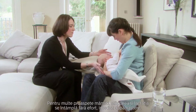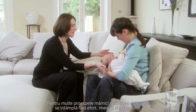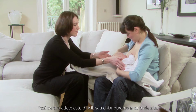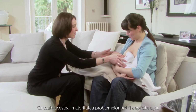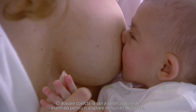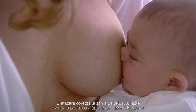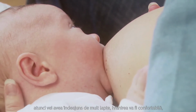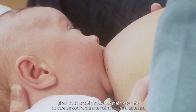Many new mums find breastfeeding comes naturally right from the start, but others can find it difficult or even painful at first. However, most problems can be easily overcome. Helping your baby latch on correctly is vital to the success of breastfeeding, because if you get that right, then you'll have plenty of milk, feeding will be comfortable, and you won't have any of the problems